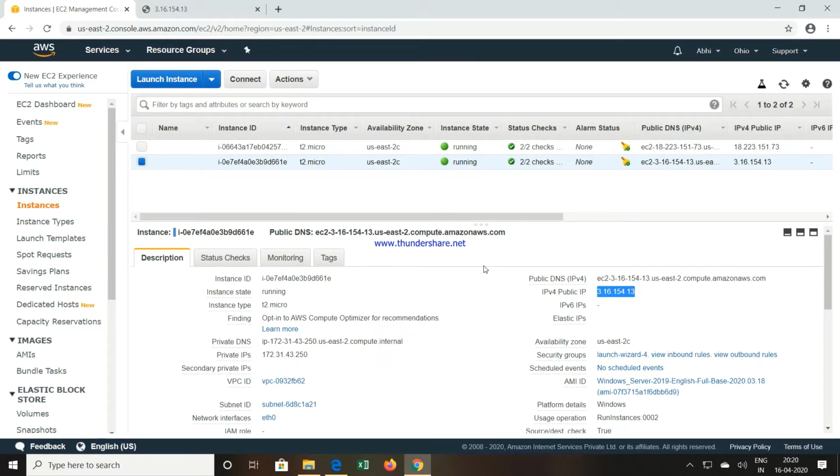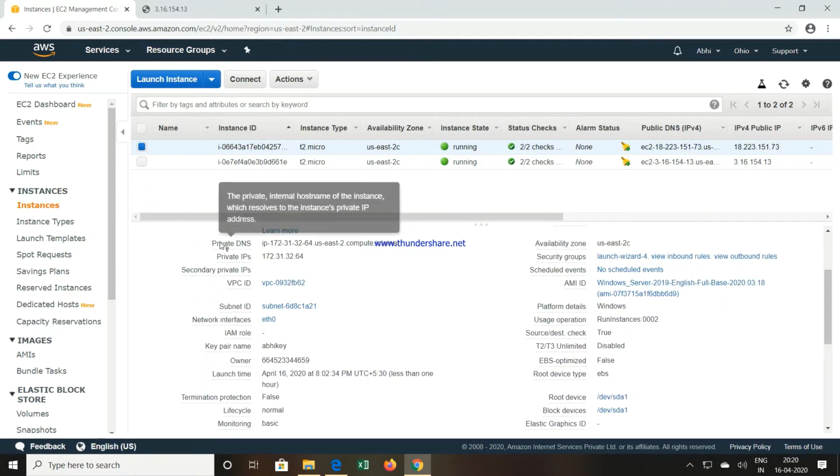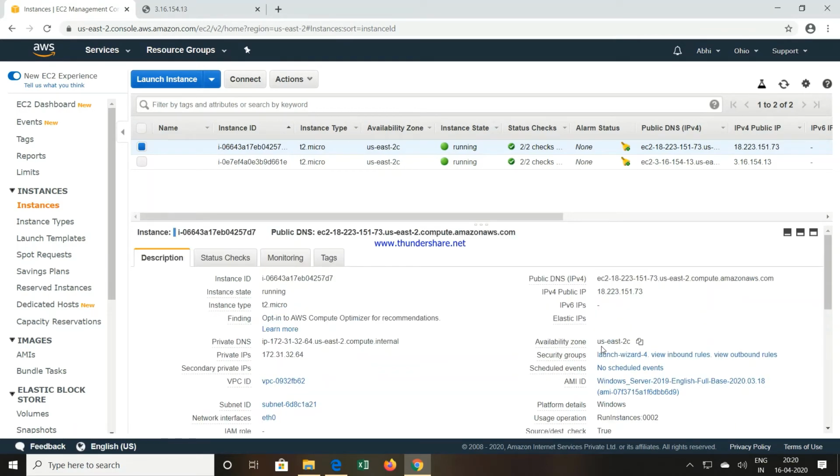Now, another important thing, whenever you have to configure a load balancer, just check the availability zone of your instances. So if I click on my machine, you can see what your availability zone is. The availability zone for this machine is US East 2C. If I click the second machine, which zone is it in? US East 2C. Why is this important? Whenever you are configuring a load balancer, it will ask you for the availability zone, and one of the zones should be the zone where your instances are running.